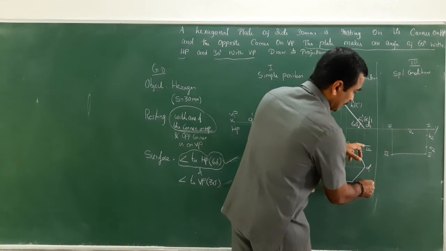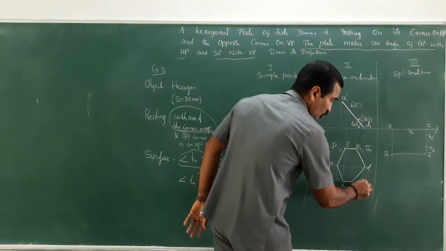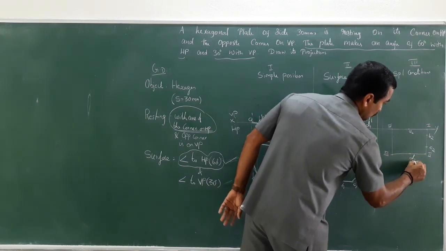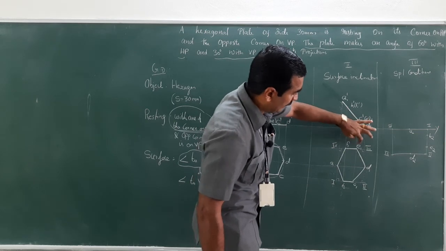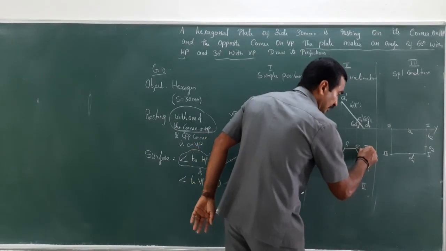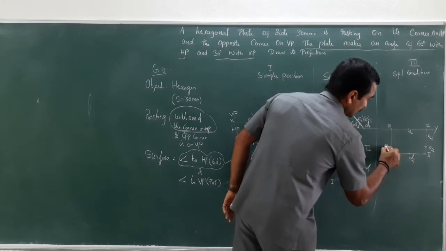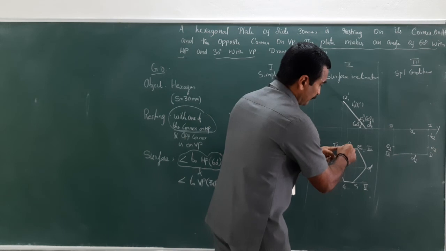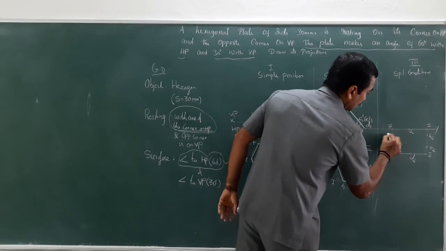Now between 2 and 3, D point is there. So measure it from 2 to D, 2 to D cut an arc. This becomes D2. Now between 4 and 3, 2 points are there, E and F. Now measure it from 3 to E in a compass, 3 to E, and cut it. This becomes E2. Now measure it from 4 to F in a compass, keeping at 4, cut an arc. This becomes F2.